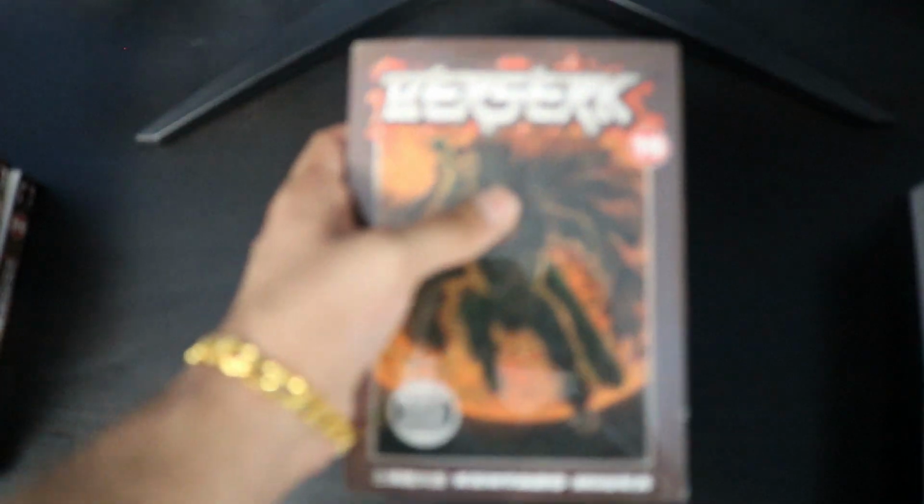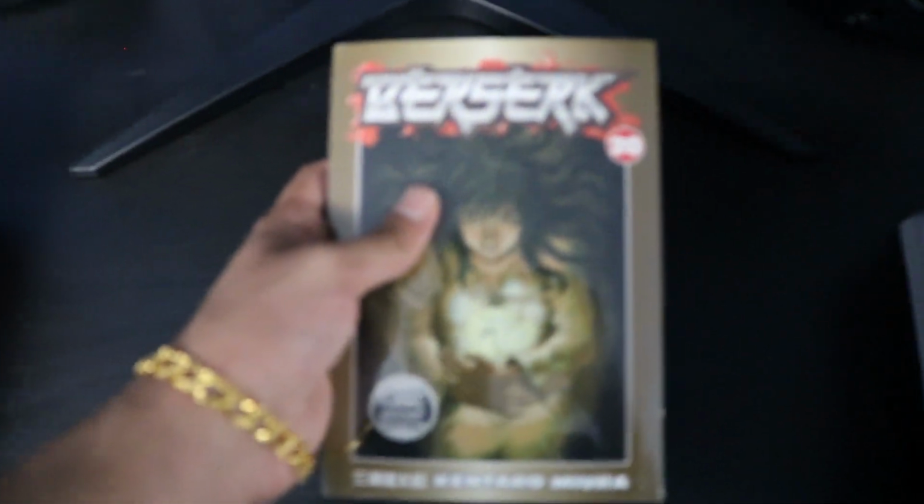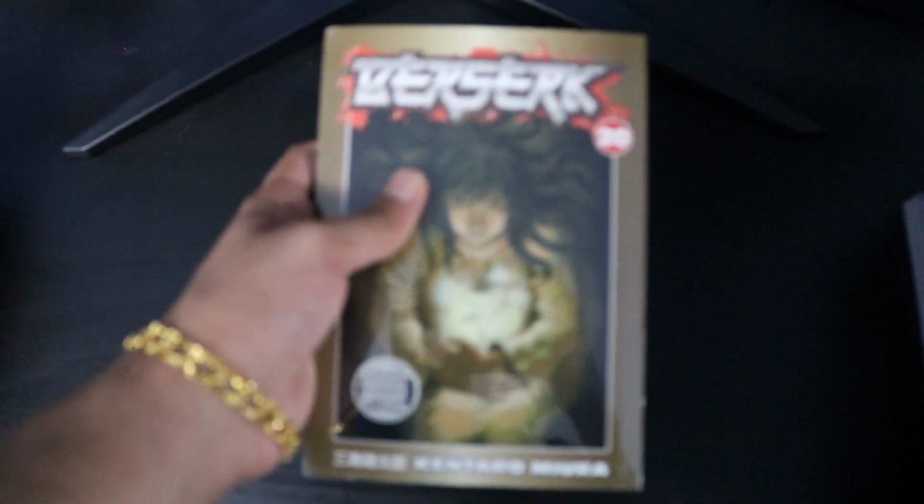And I kind of have a difficult time explaining what that is, as you'll probably have a better understanding by reading the manga yourself, as it's one of the best manga out there in my opinion. But there is a lot of gore and action scenes that are really gruesome. So if that's not your type of thing, then I don't really recommend this manga. But for people that are really into action manga, I do recommend this series, as it's one of my favorite